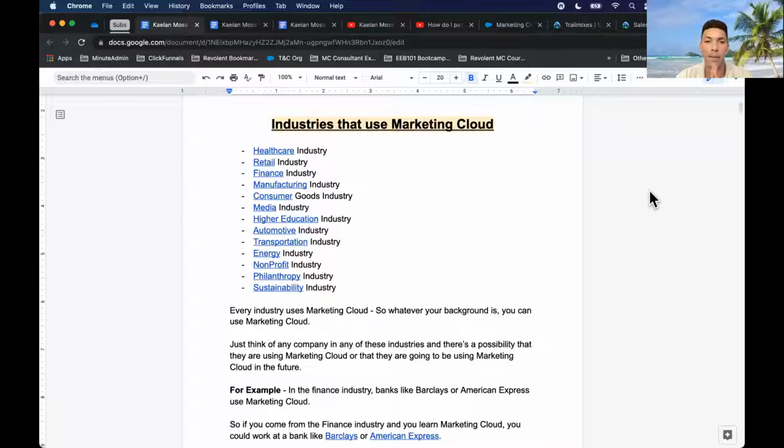And I say that because every company needs marketing. And when you think about Salesforce being the world's #1 CRM, that means think about how many companies in the world are using Salesforce. Now, think about your Apple Watch for a second.